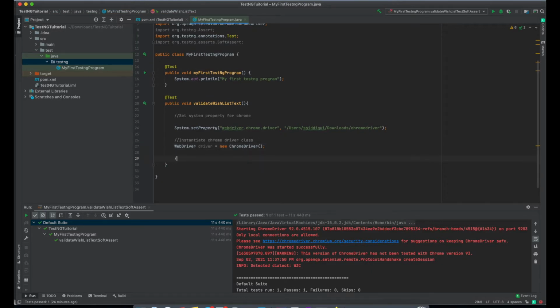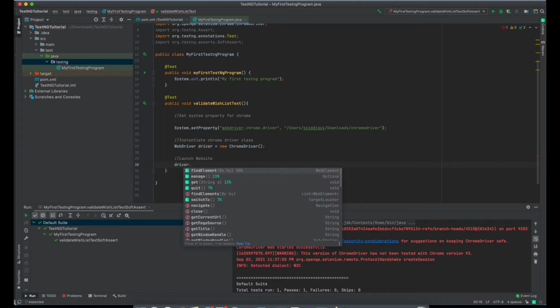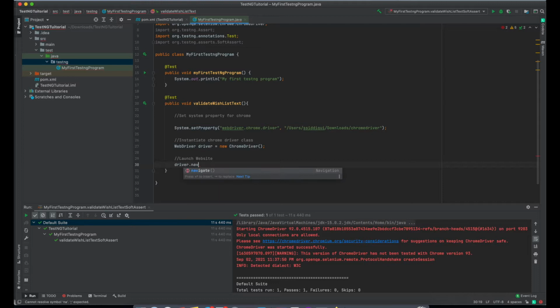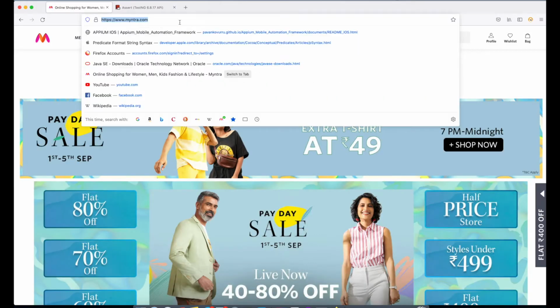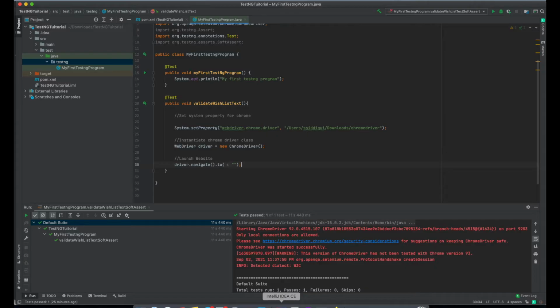In order to launch the website, we can use driver.navigate, and here we give the website that we want to navigate to. So I want to navigate to Myntra.com, and I will just paste it here.